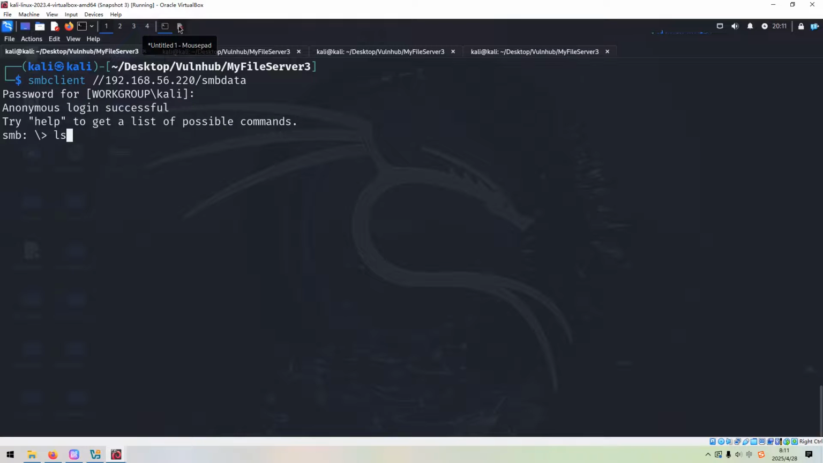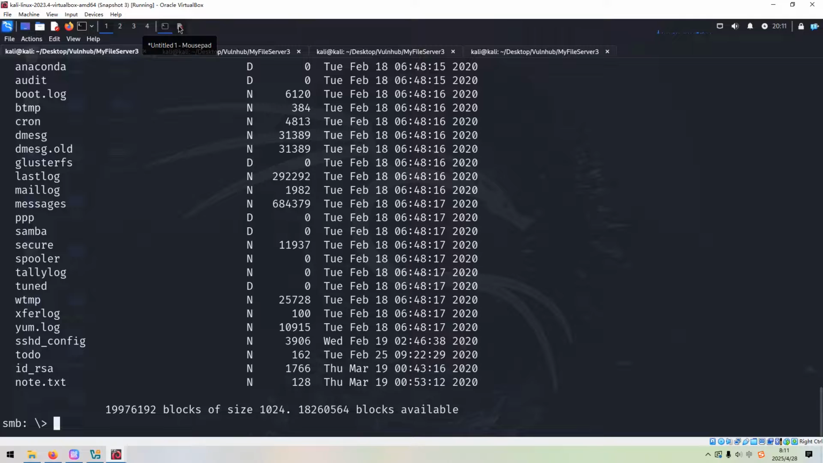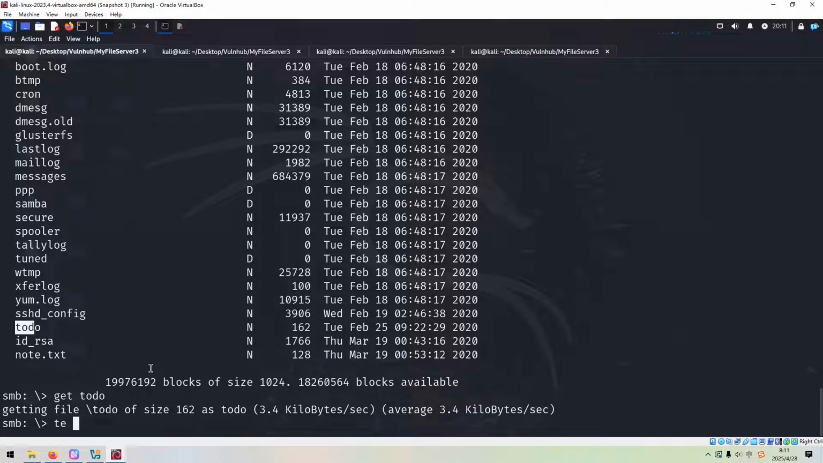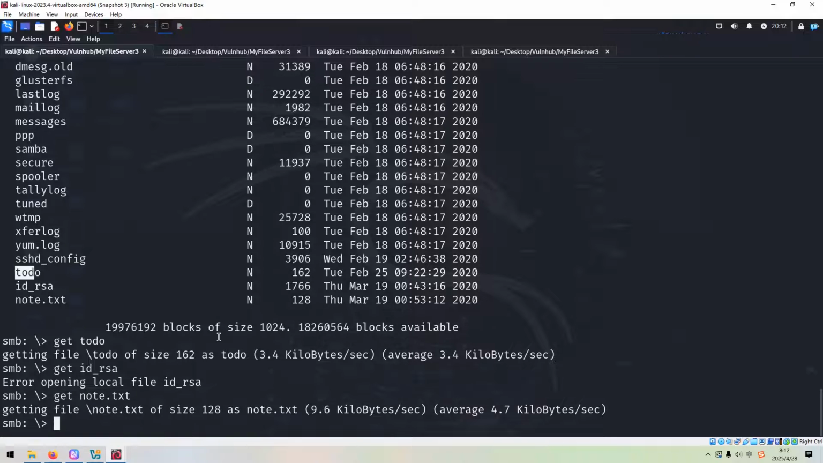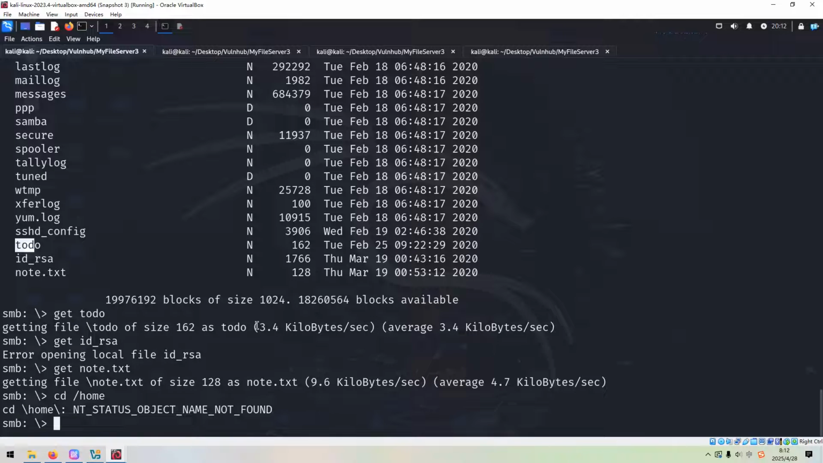So we are in. Now we can list the directory content, and we can find two important, or maybe three, files: to do, ID, private key, and note. So now we can try to download these three files: get ID, get note. We can also try to navigate across different locations or directories, but we are forbidden to do that. No problem. We can exit from this